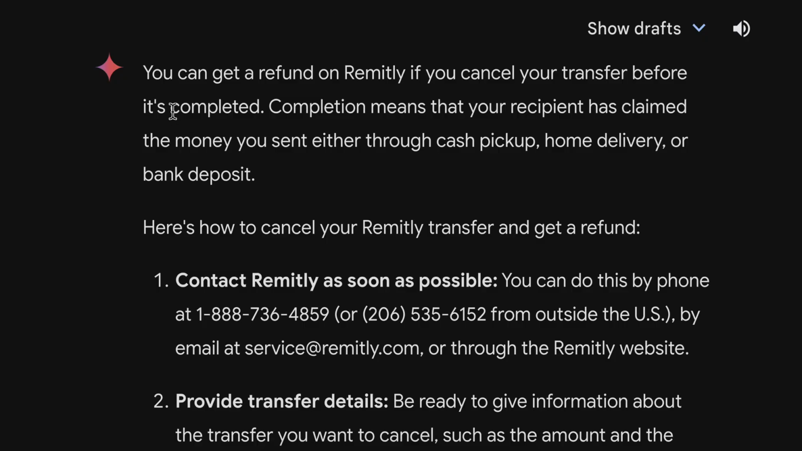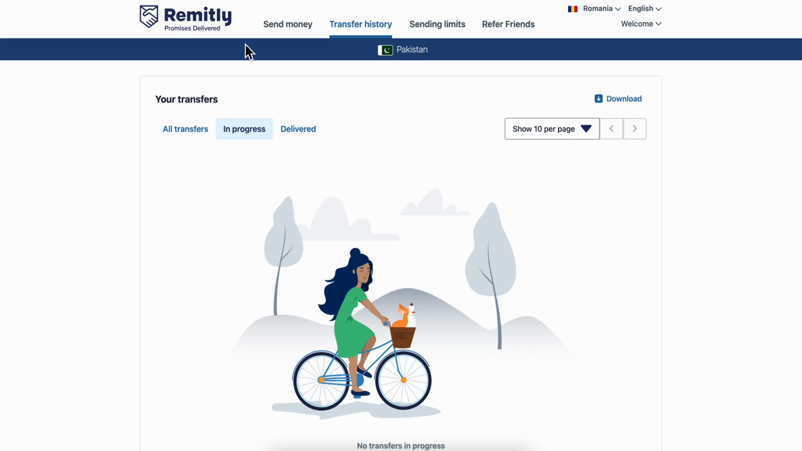So as you can see here, you can get a refund on Remitly if you cancel your transfer before it's completed. As you can see, completion means that your recipient has claimed the money you sent either through cash pickup, home delivery, or bank deposit. So you can also go here to Remitly and select the transfer and cancel it within the website or app,